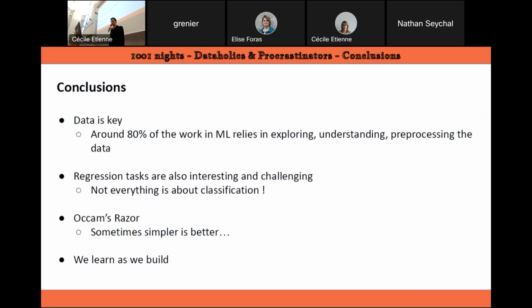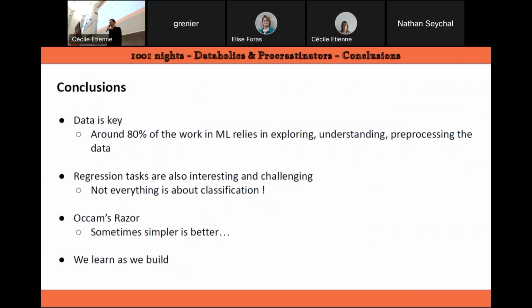So quickly, I'm going to finally tell you our conclusions from both teams about this competition, what we learned. In these kinds of competitions, data is the most important thing, or one of the most important things. If you don't explore, understand, and prepare your data properly, you have nothing to work with. Also, regression tasks like price prediction are very interesting, because if you are not very familiar with machine learning, almost everything is about classification, but this is also interesting, or at least I hope you found it that way.